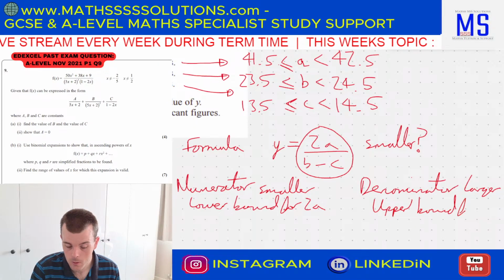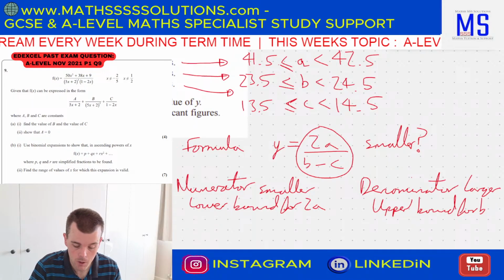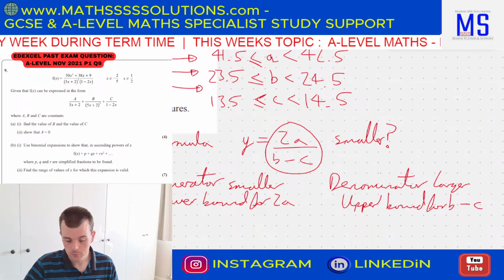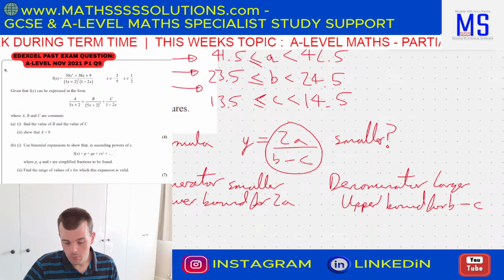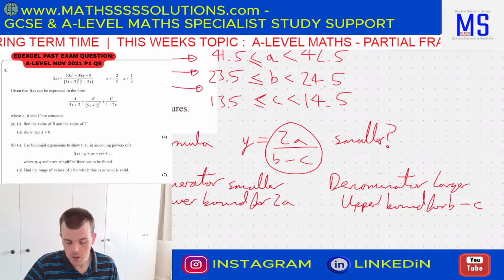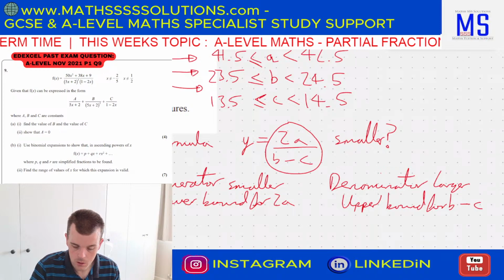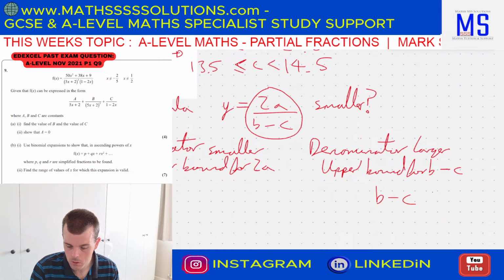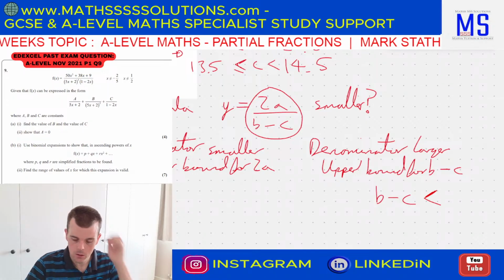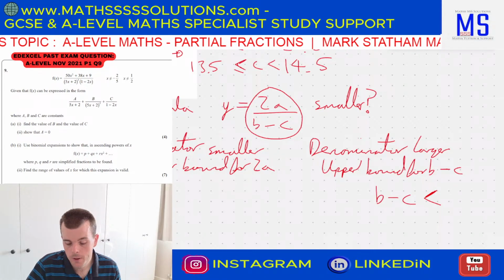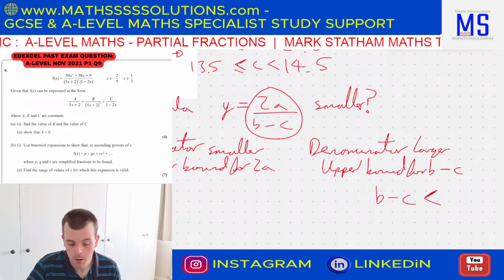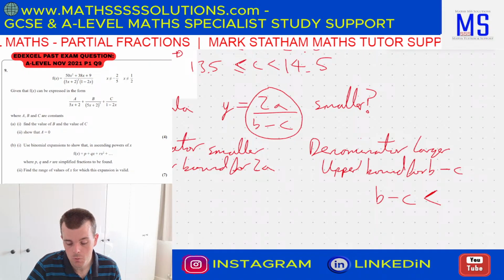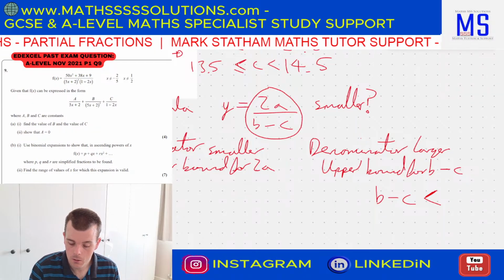for b minus c. Okay, you can see why this one's quite tricky, because it's not just a case of subbing in the largest b and c. It's because the denominator is b minus c, so you have to make this as large as possible. So you need to try and find an upper bound for b minus c. And it's a similar thing. If you're adding two things together to make them as large as possible, you just make them both as large as possible. So b,